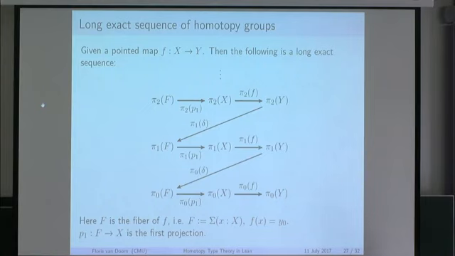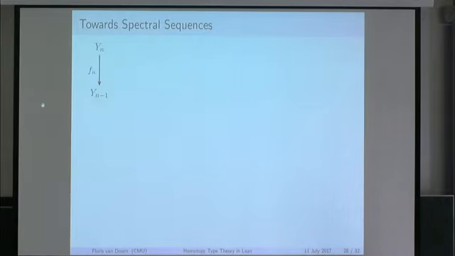And so this is a very useful tool to compute homotopy groups. For example, if you know two of those columns, then you can often figure out the last column. So this is a very useful tool, and this is actually also the basis for the Serre spectral sequence. So if we have a single pointed map, we get a long exact sequence of homotopy groups like this,